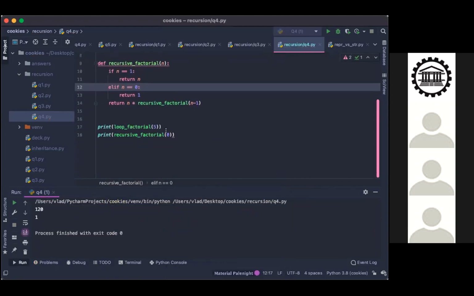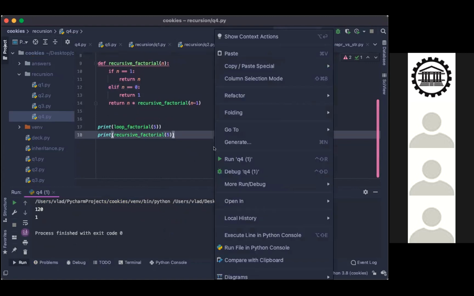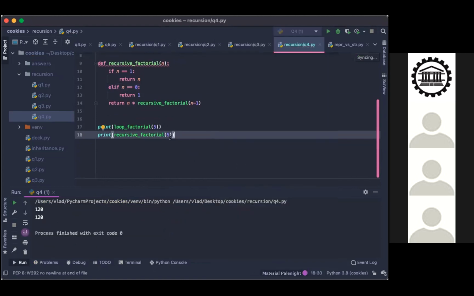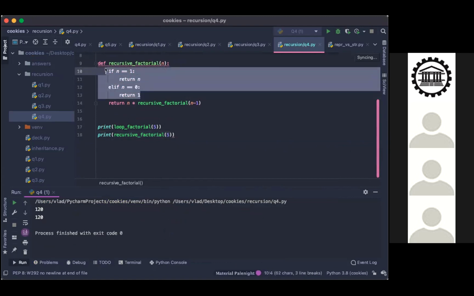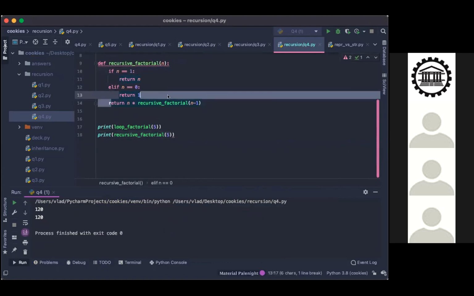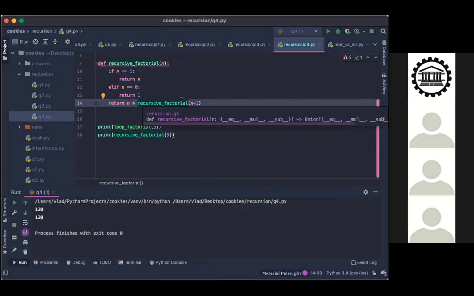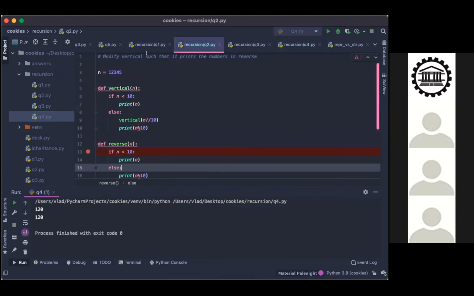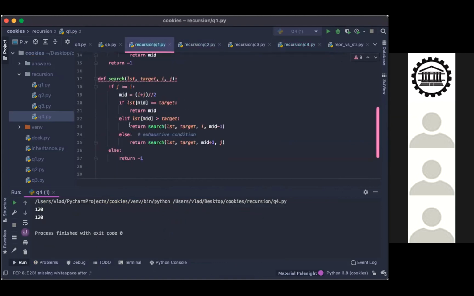And then if you have 5, you get 120 as well. You can always have multiple base cases, and you can always have multiple recursive calls as well, as we've seen previously. And this gives you multiple base cases.